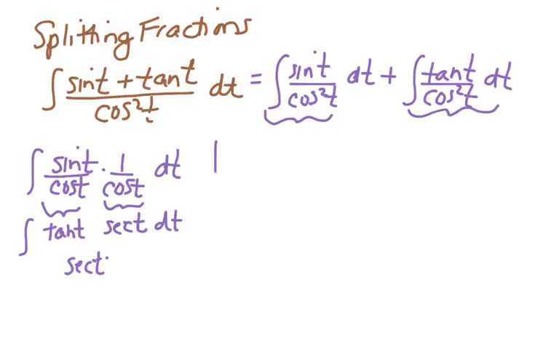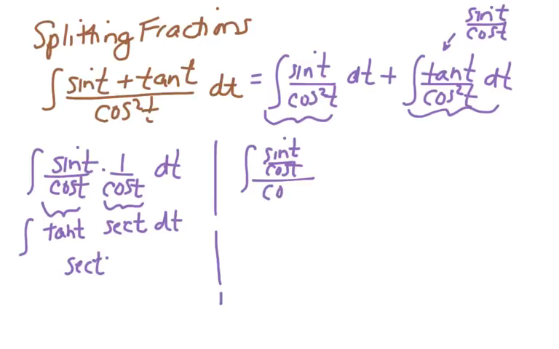This one, we're going to take advantage of a substitution to be made, and that is we're going to substitute for tangent sine over cosine. Okay, so when we do that, we get sine over cosine over cosine, and algebraically reduce that, you get sine over cosine cubed